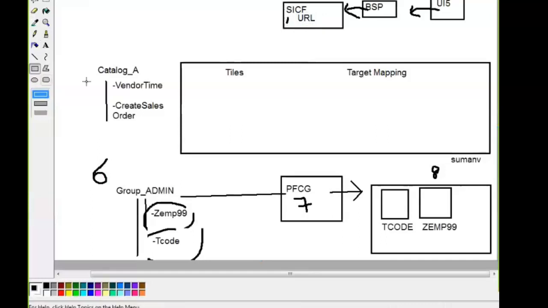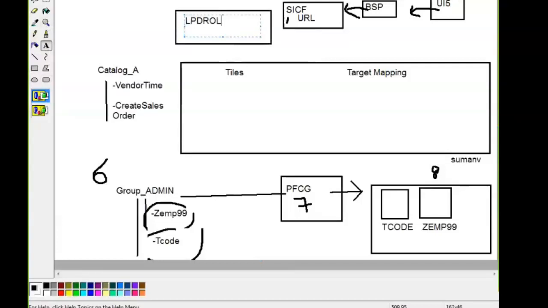Clear now? Fine. In the Launchpad role, LPD role, I told you we can create n number of roles, n number of applications to this one role. Okay, 2 applications I created. One application is T code application, another application is UI5 application, and they have their own application IDs. Application IDs in the form of application aliases.